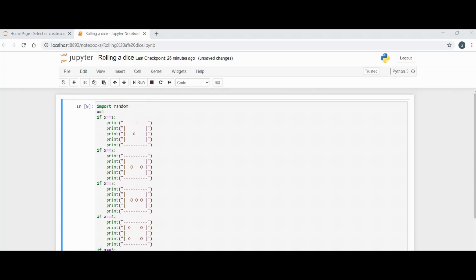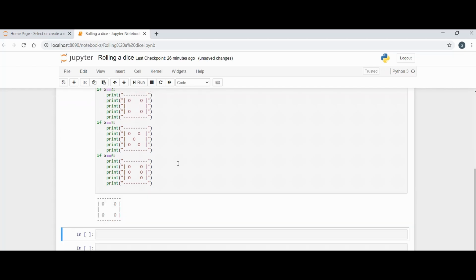So now we check for a random number. We have to type here random dot randint. For integers we have to give int here. Now we have to select the range between which numbers we need. Actually, a dice needs only the range between 1 to 6. Now let's check whether it works or not.